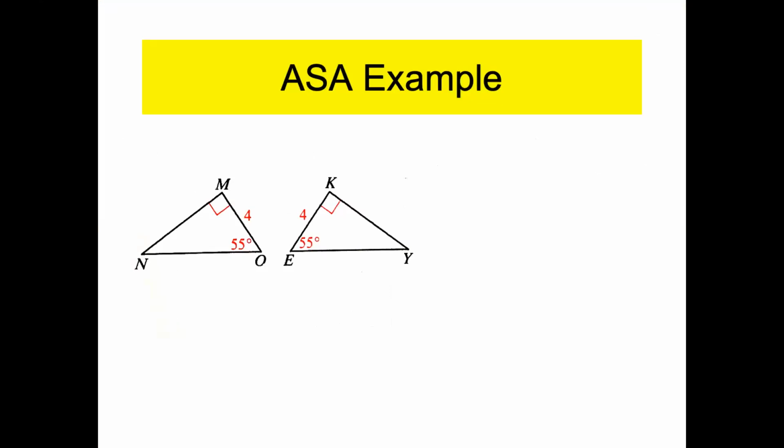Check it out. I got 90 degrees, a 4, and a 55. If this one has a 90 degrees, a 4, and a 5, and they're next to each other, right? It has to go ASA. You know, if this is your 55, and this is not here, well, then this is actually angle, angle, side. Instead of ASA, it's AAS. But that would be right,